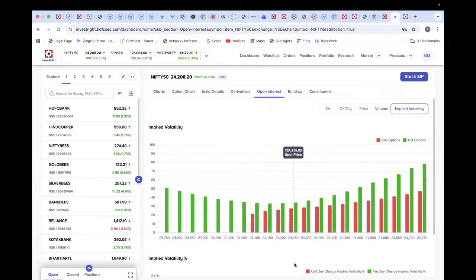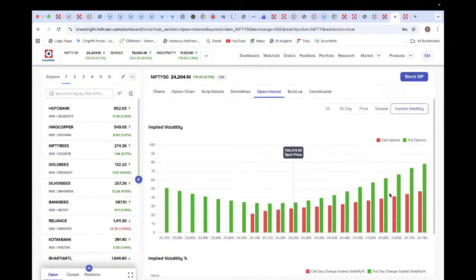Another strong signal is the decline in put premiums, which indicates active put selling. Put premiums at the strike prices around 24,200, 24,150, and 24,100 have seen a sharp erosion in prices, which usually happens when traders believe that the downside risk is limited. So we have seen put erosion at those levels with the prices. So I think we can still expect that 24,150 will be a crucial level on the downside.